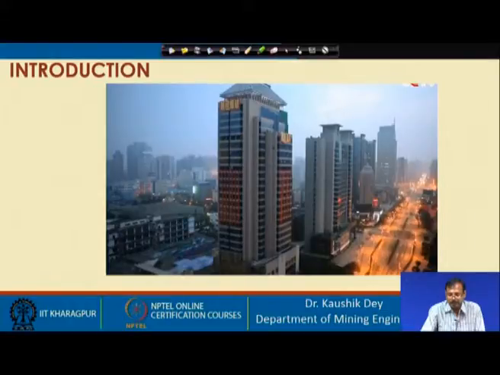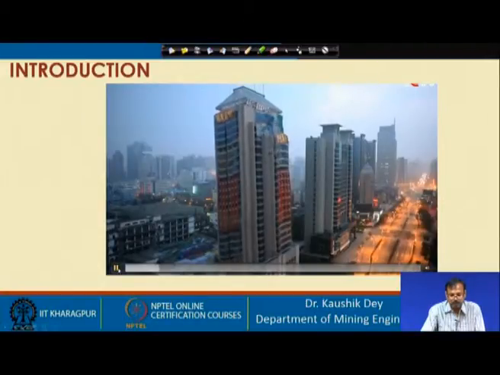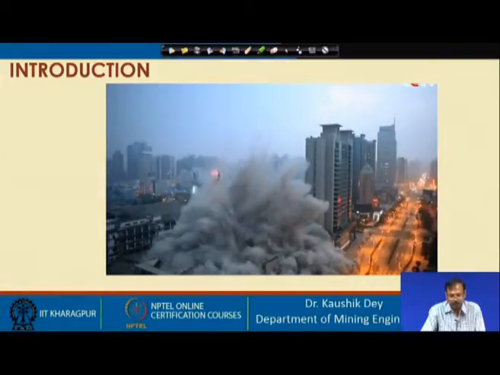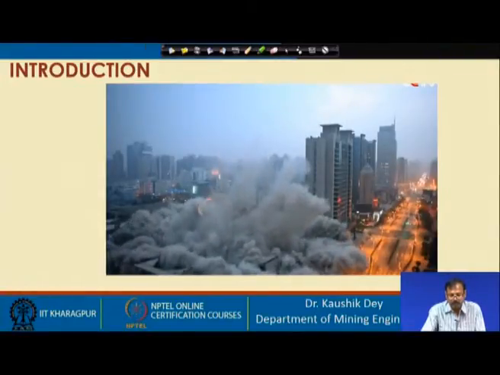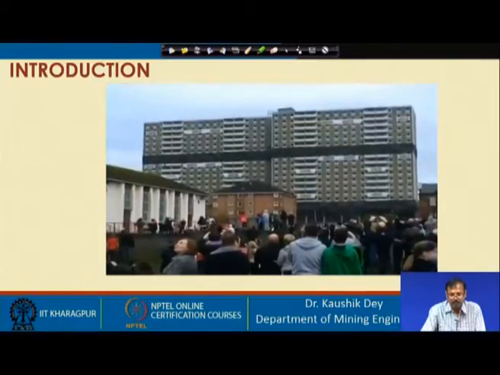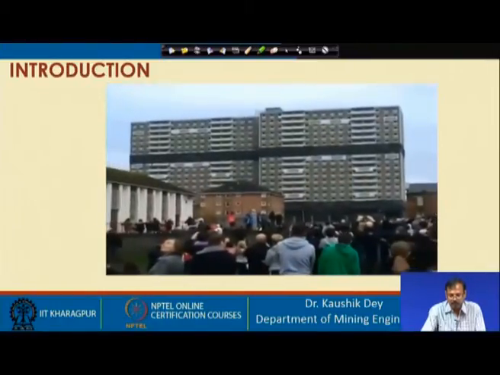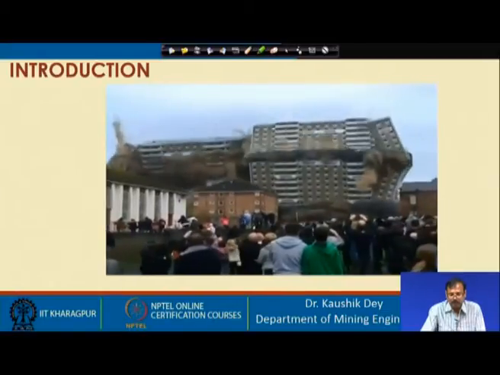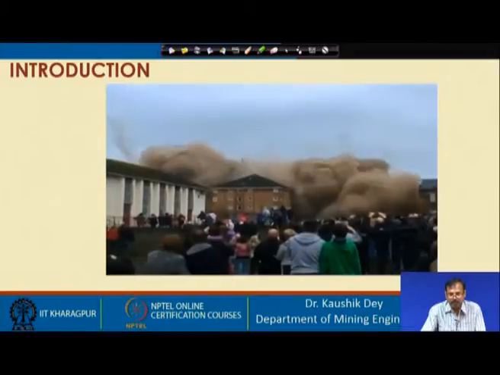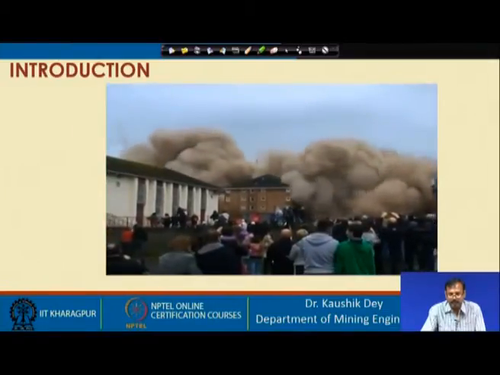So, basically this is one of the extreme uses of explosive technology. The last one was much better than this one. This is the extreme use of explosive technology for some civil or commercial use. If you carry out demolishing this building using some manual or other mechanical method,